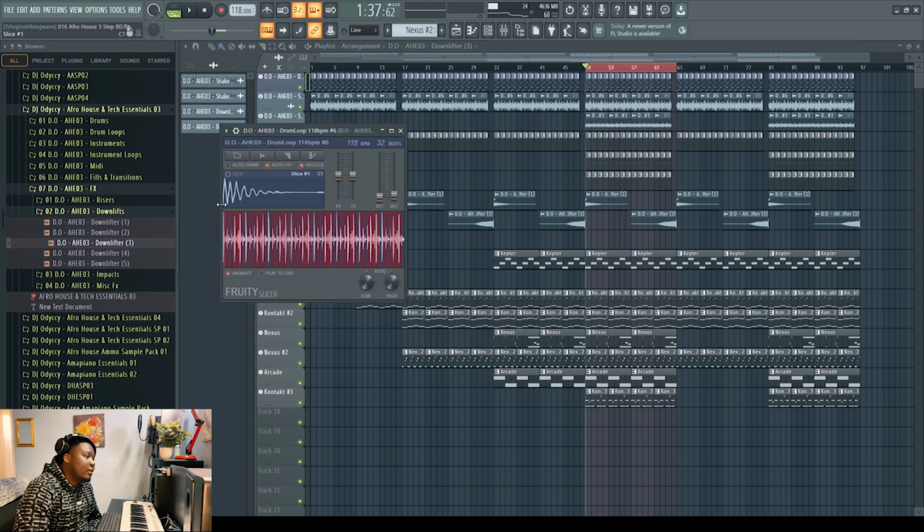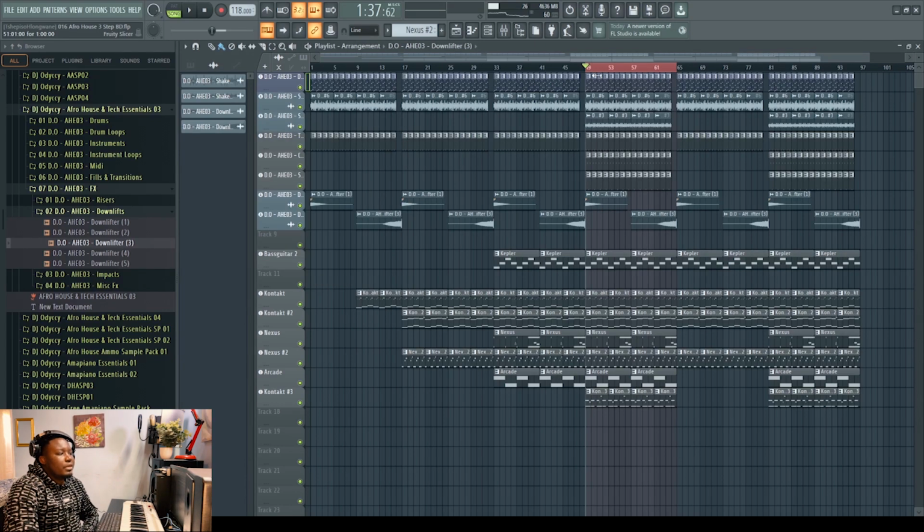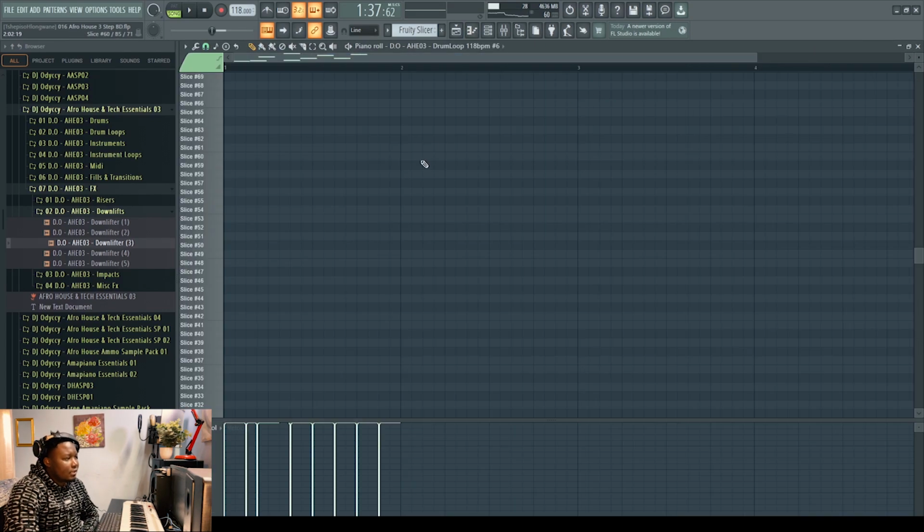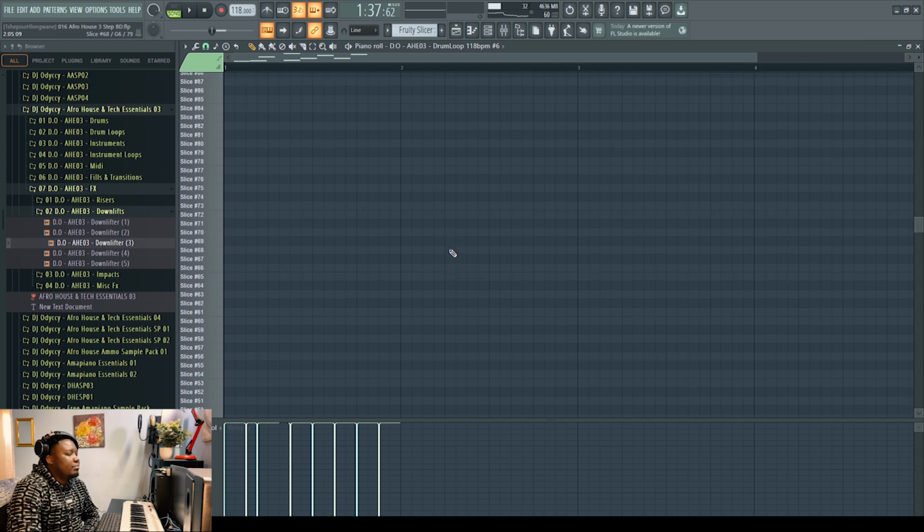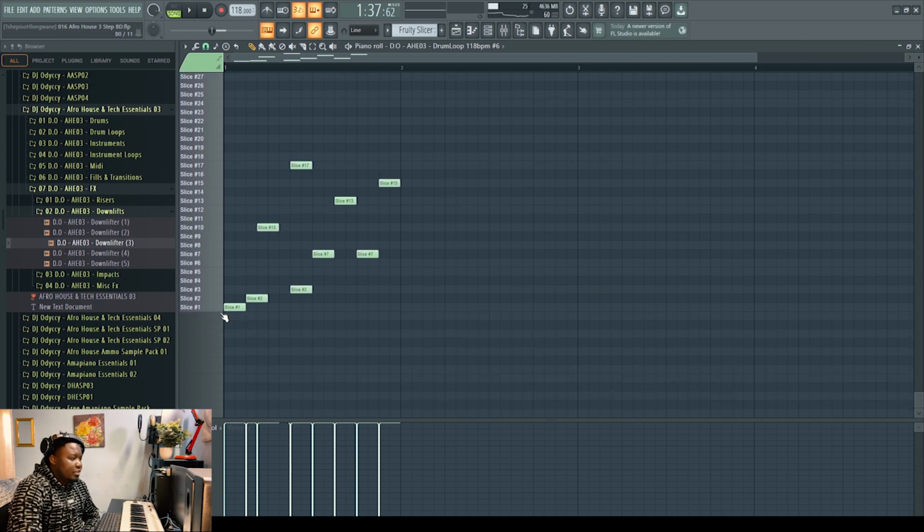So number 1 is Fruity Slicer. I dropped one of the loops, put it in here. It's a full drum loop. So what you do with it, you want to get inside the pattern in the piano roll here. You just look for parts where it has sounds that you want, you know, like